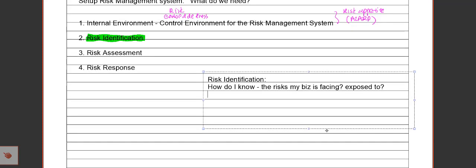How do you know? And of course, you should be thinking about your risk actually even before you start your business, so you become more prepared. If not, you may end up firefighting, because you may end up starting a business and then when the risk truly occurs, you do not know what to do. So think about, if you're going to start a business, how do you know what risk